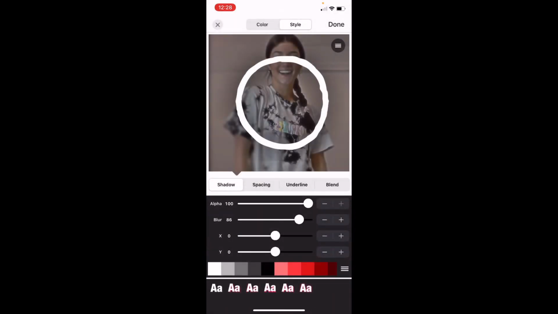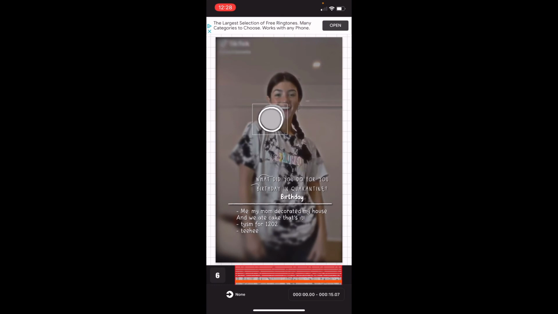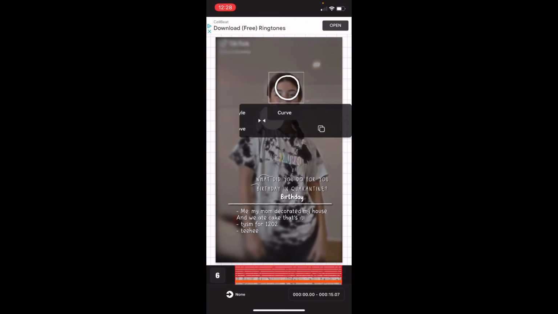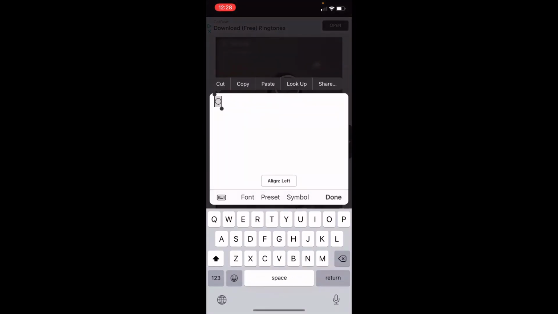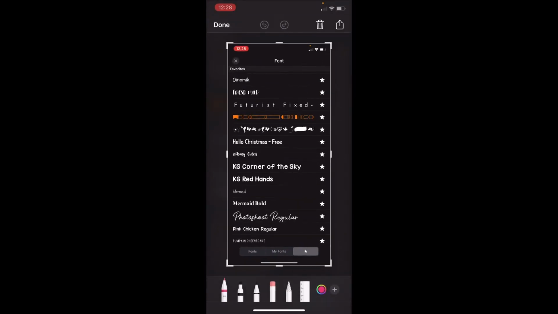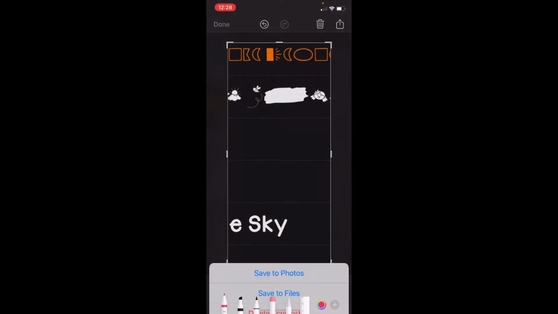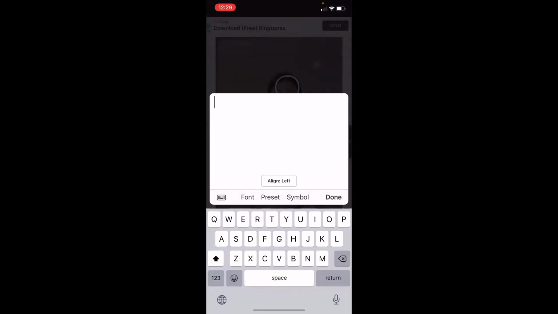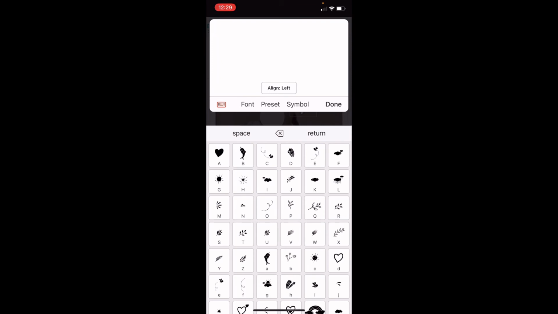and then change the blur. So if I use the last preset, there's barely any shadow that you can see. So I like to turn down the blur to like 30-ish. So then you can see the shadow. So then copy that, and then use the font Heartwarming Extras. It looks like this. So then use the keyboard button, or just click